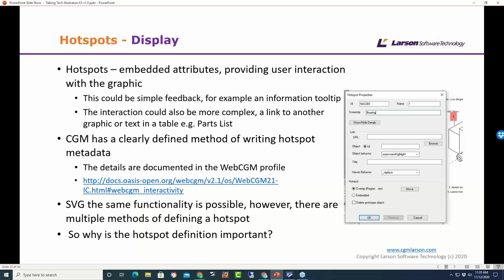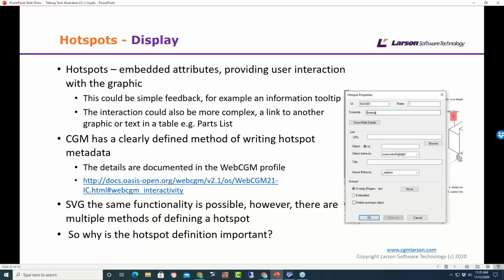Plus, the people who wrote that were not software vendors, so they were just writing a spec in an intellectual and academic way. So the software has got to be capable of writing to a particular standard way of doing the hotspot.